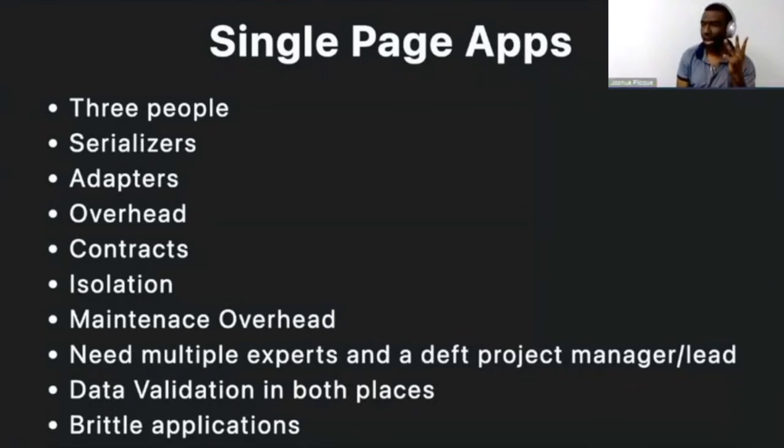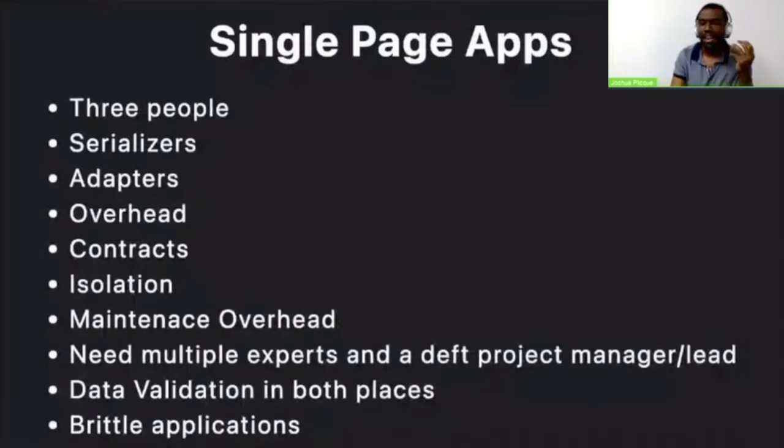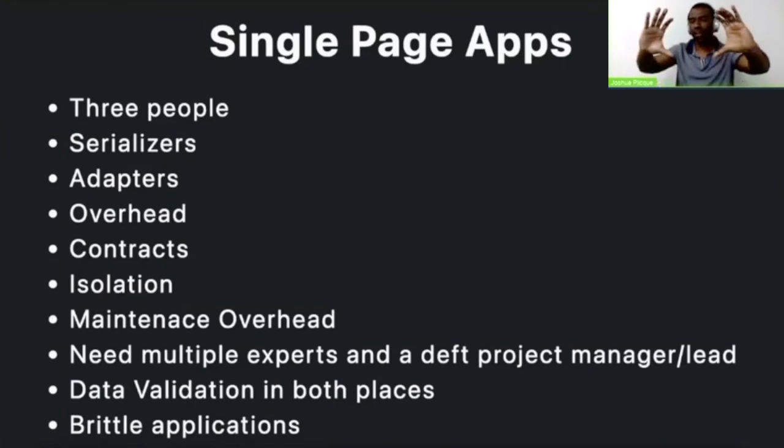You need 3 people now to develop what was one person. One person could do the whole thing because they didn't have to communicate between a front end and a back end and broker a contract between them. Now you need 3 people. You need a front end developer, you need a back end developer. And because of that, the complexity is so high between communicating between the front end and the back end, you need a dedicated person, typically an engineering manager or the project lead, who is brokering the contract with regards to, okay, this is what the API structure needs to look like. Hey, front end developer, go build against this structure that we've come up with. It's not built on the back end yet.